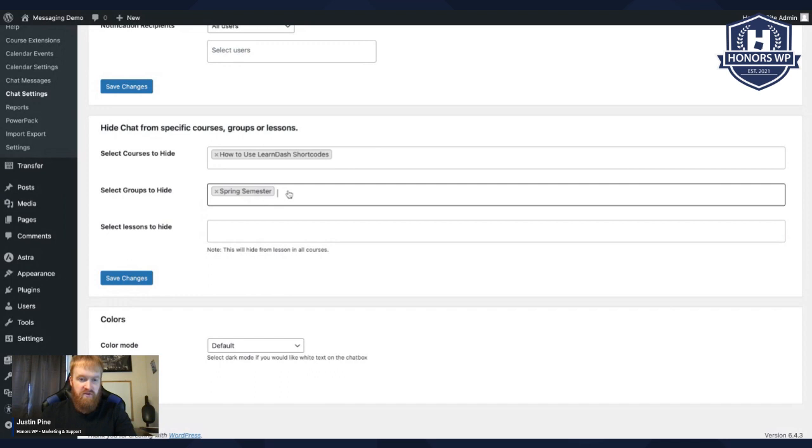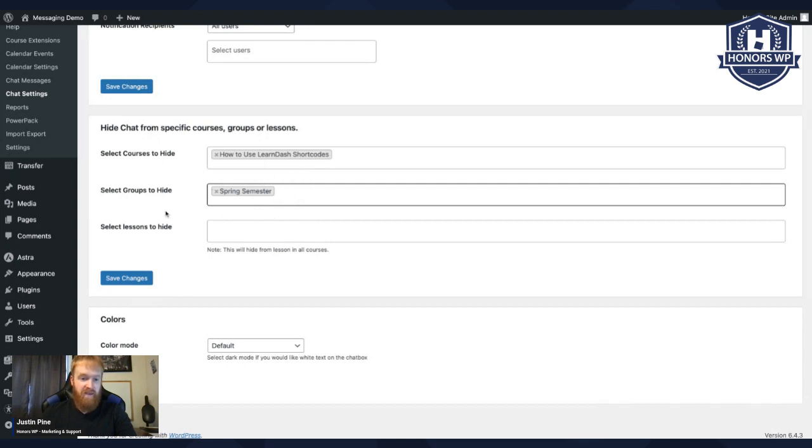So a use case for this is, say you have users enrolled in both groups, but currently it's fall and you're offering fall semester courses. So hiding the spring semester group from the chat window just eliminates any potential for somebody chatting in that group where it's not relevant right now because it's not the fall semester. So this allows you to just hide the spring semester group until that time comes where those courses will be